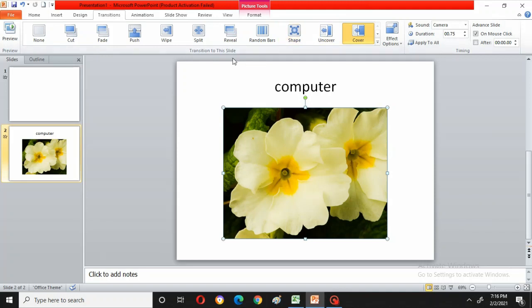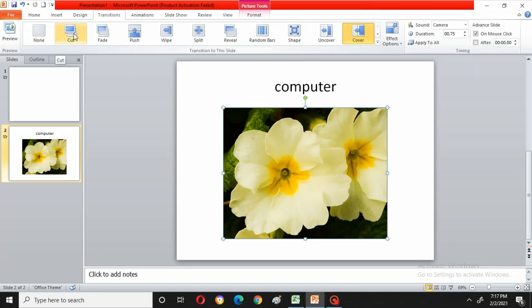Transition to This Slide is where these transition effects can be given to this slide. None means no transition, it is just simply displaying the slide, that's it.